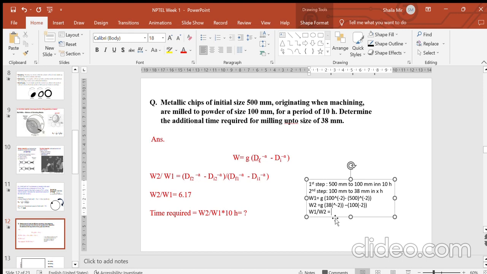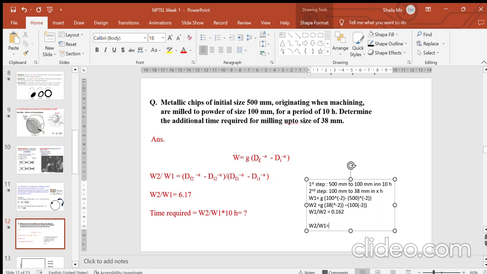0.62 maybe total. 0.62 is the ratio between the two. I think it is the time required, but okay, let us first do the W1 by W2. Let me see what it is. It is 9.6. Okay, I think W1 by W2 will be 0.162,